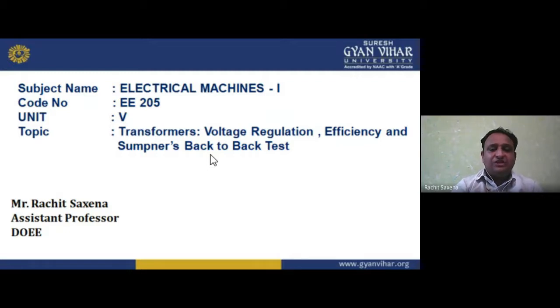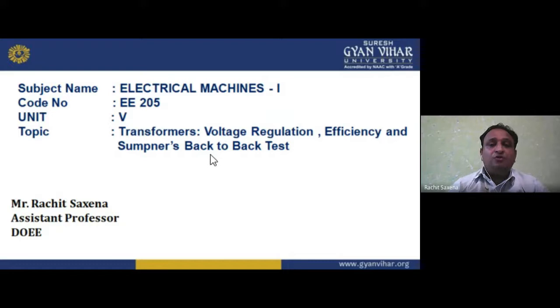Then we have the brush arrangement, the bearings, and the yoke, the whole part similar to that in the generator or motor. Then we have the types: separately excited and self-excited. In self-excited we have shunt, series and compound. Then we have the losses, the types of losses. Then we have armature reaction, which we can improve with the help of compensating winding and interpoles.